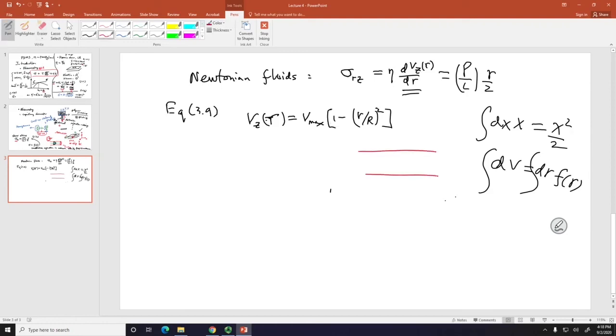So in any case, in the case of Newtonian, indeed, your velocity field will be parabolic, looking like this. The maximum velocity, of course, is related to